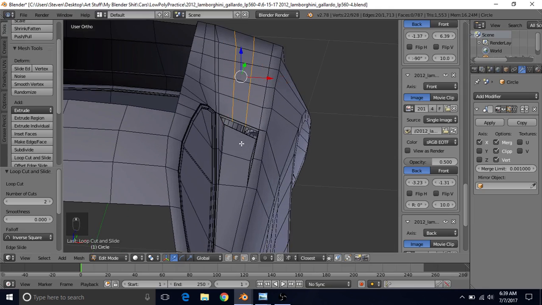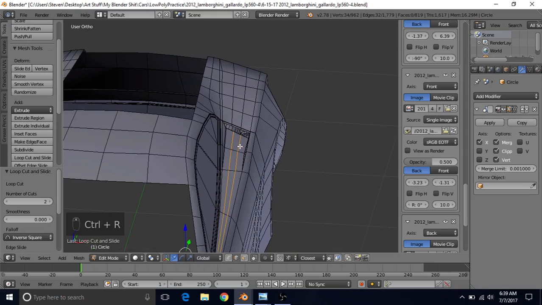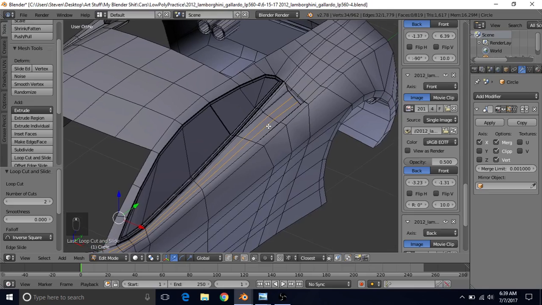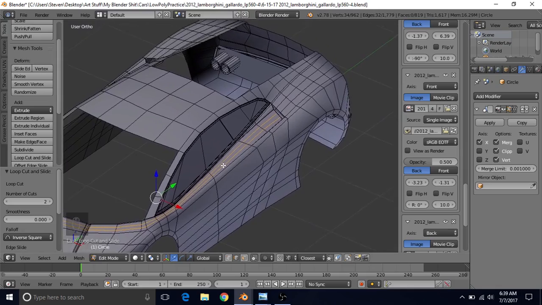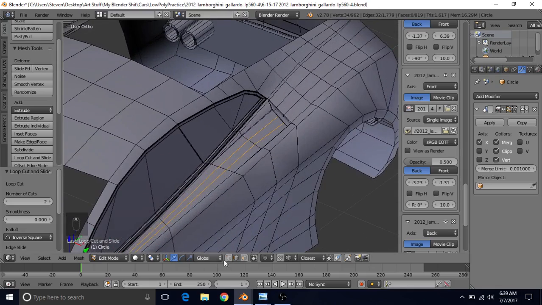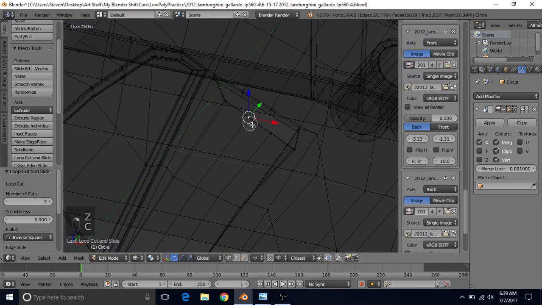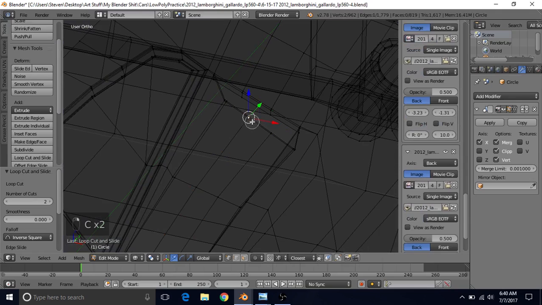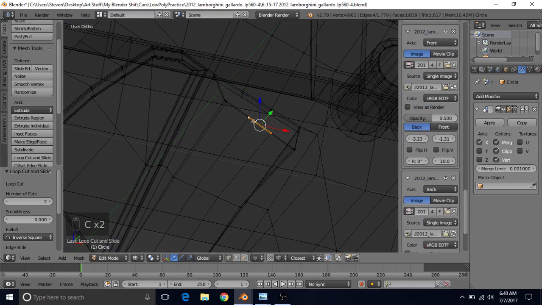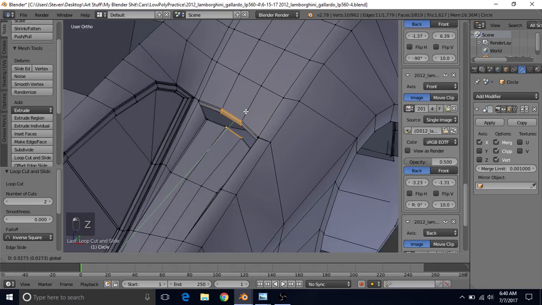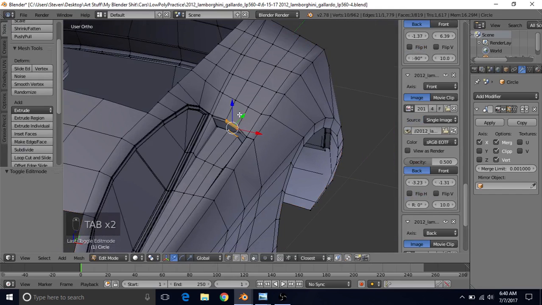And same here, we're going to do Control R, mouse wheel up, left click, right click. Again, a bunch of vertices that we really don't need. We can merge some of these, which is actually probably what we're going to do. But first, let's just curve this. So we just want the ones on the end, these on the end. So select one, circle select, make sure you get all 4 on the bottom. And there's 3 on each part for the top, so get the 3 over here, get the 3 over here, and drag them like this,